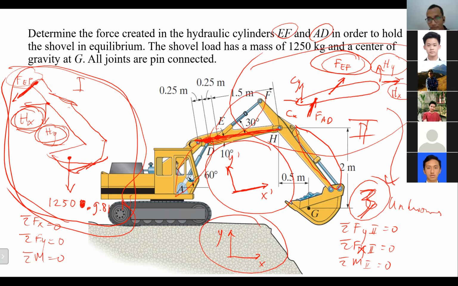Sir, Matthew, is EF perpendicular to FH? 30 degrees. EF, there, SH, there. So, is there any data there about the FH? 2 meters, 3 meters. Actually, it doesn't matter. Maybe it doesn't matter. It can be perpendicular, but it may not be perpendicular as well. But it doesn't matter